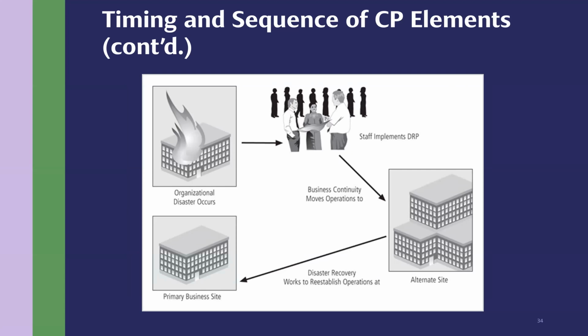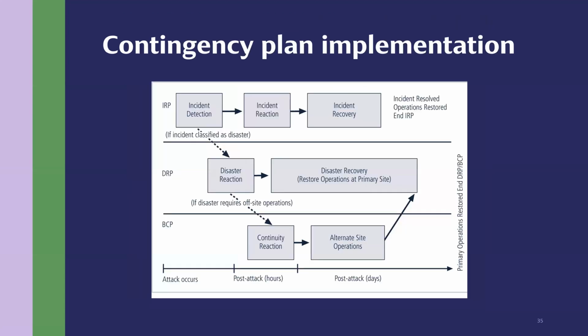At the same time, they can also work on the primary business side to get everything back up and running. So DRP and BCP can always run concurrently, just to minimize the loss. Yeah, so this is a very useful diagram, which tells you